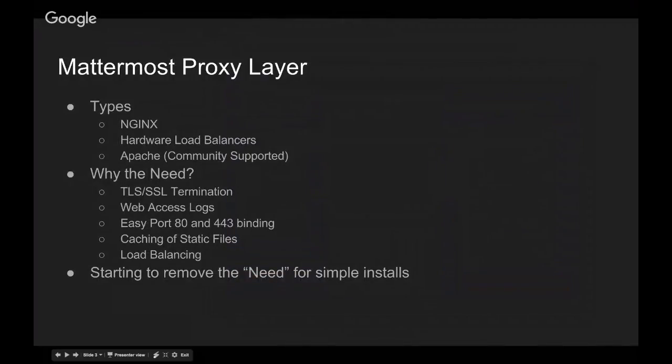So, the Mattermost proxy layer. There are different types that we support. The main one that we do is Nginx. We also support hardware load balancers and things like Amazon Elastic Load Balancers. We have heard from the community of people running Apache successfully as a proxy as well. And so the next question is why it's needed. We use it for a lot of different reasons,